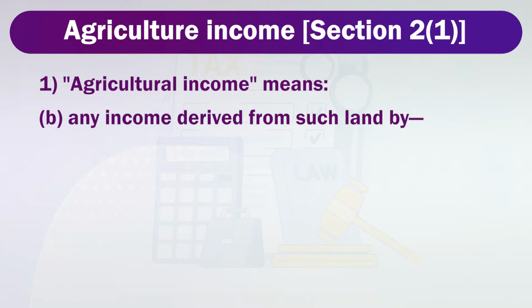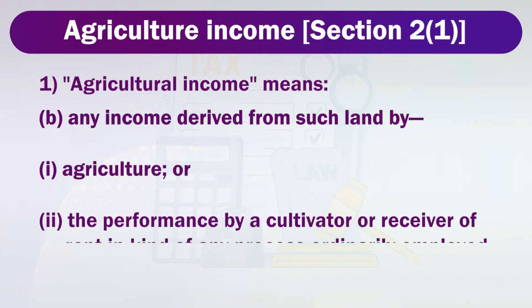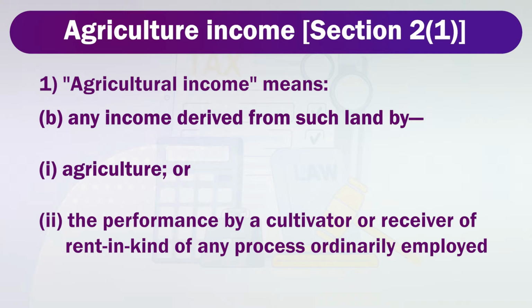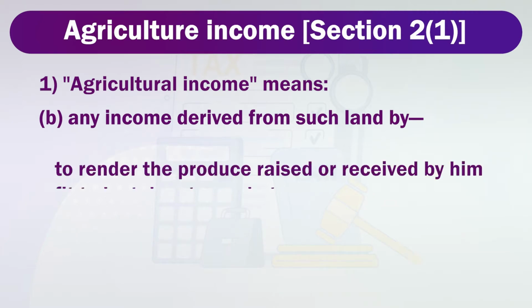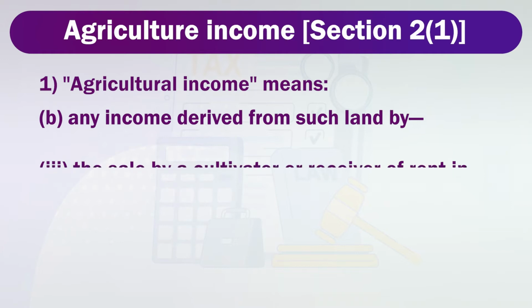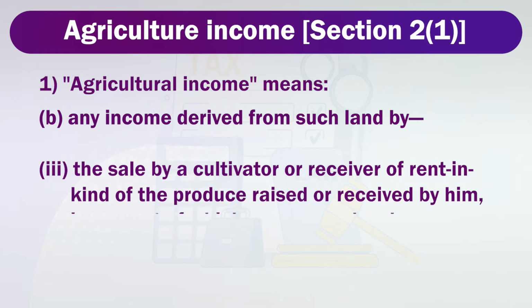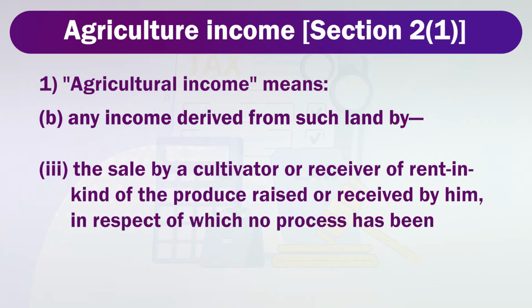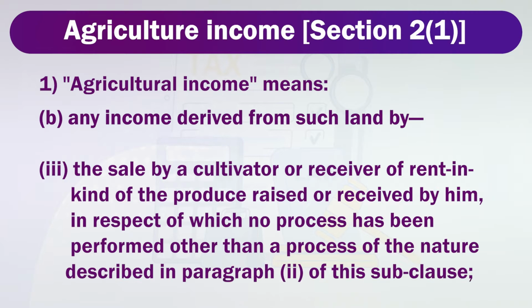Any income derived from such land by number 1, agriculture, or number 2, the performance by a cultivator or receiver of rent in kind of any process ordinarily employed by a cultivator or receiver of rent in kind to render the produce raised or received by him fit to be taken to market, or number 3, the sale by a cultivator or receiver of rent in kind of a produce raised or received by him in respect of which no process has been performed other than the process of the nature described in paragraph 2 of